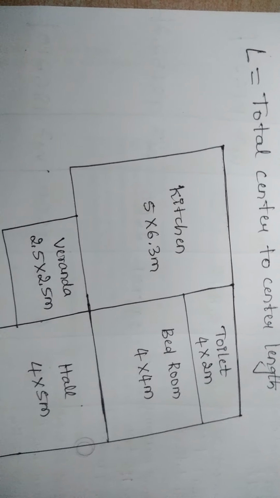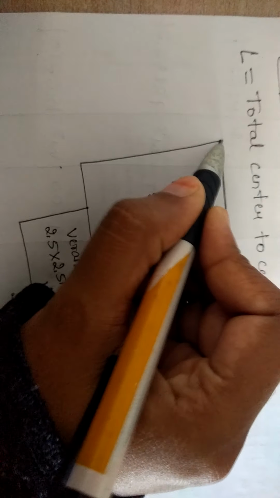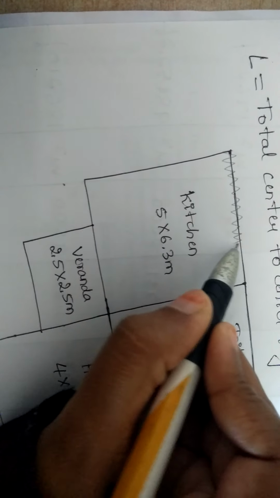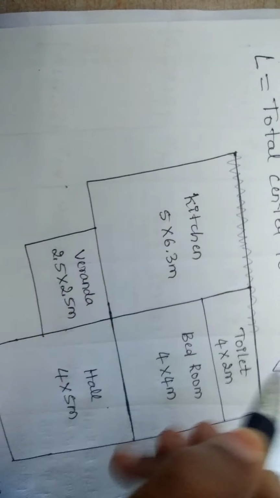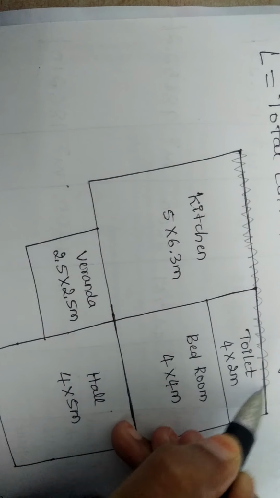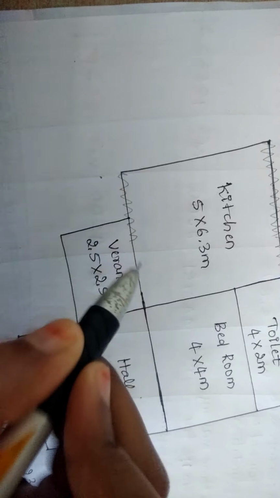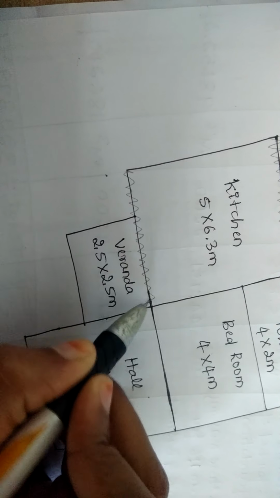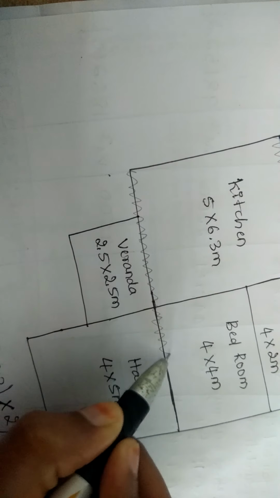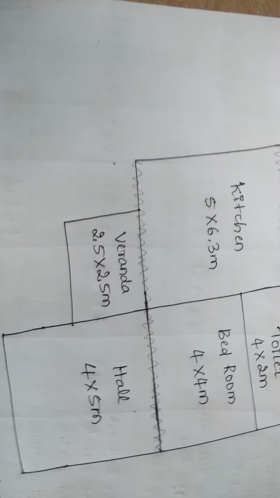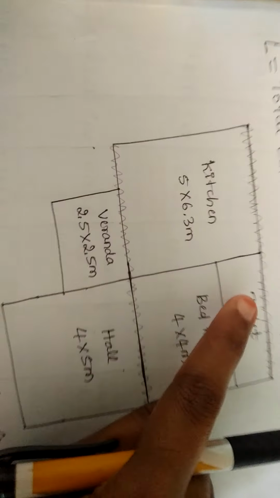After finding the length of any wall, please shade that portion. See, I will be shading the wall portion like this. That means the shaded portion of the length of the wall is already taken. And then this wall is also finished. Firstly, I will take the horizontal distances, and next I will be taking the vertical wall distances. So these 2 walls are done.